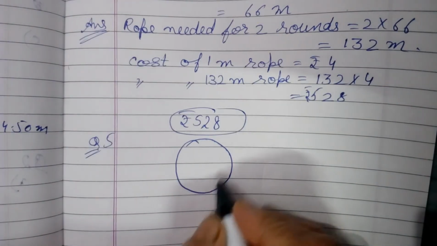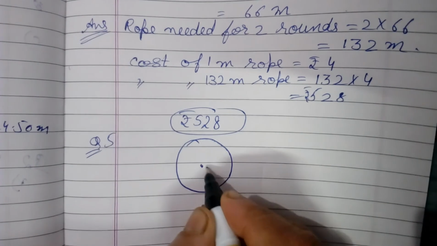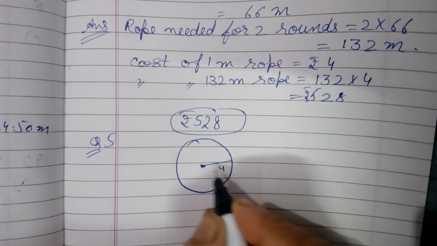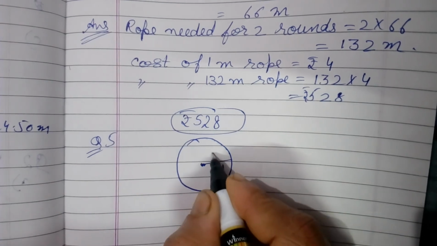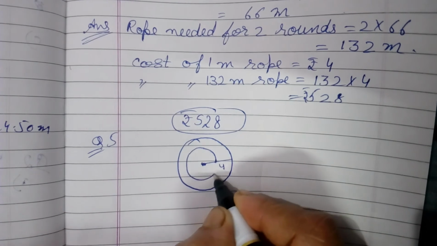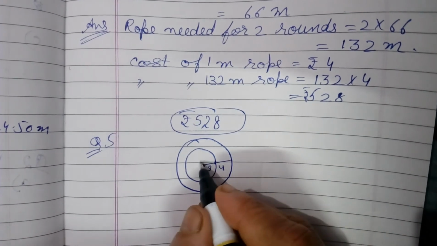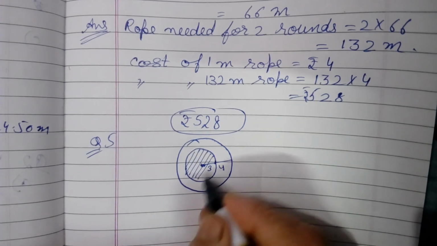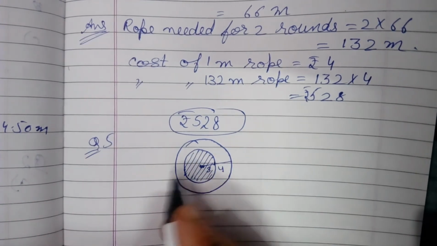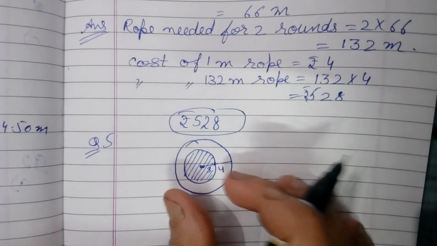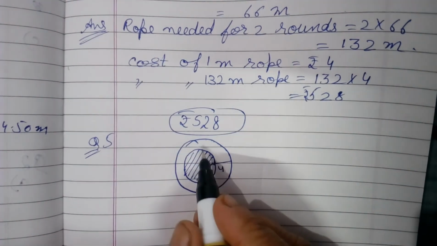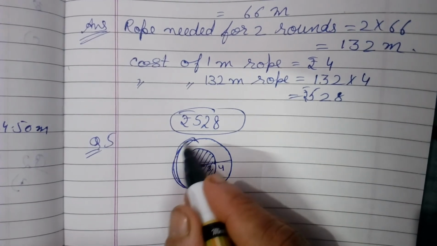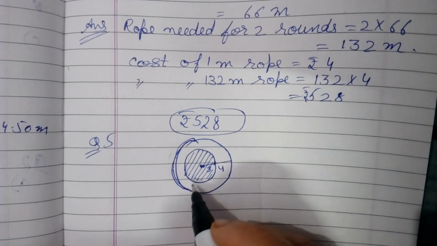Now see, this is 4 centimeter. These are concentric circles having the same center. This is 4 and this, suppose, is 3 centimeter radius. Now from this 4 centimeter circle I have to remove this part. So we will subtract the bigger area minus the smaller area, then we will get the area of this white part.